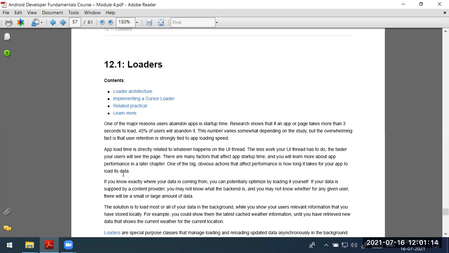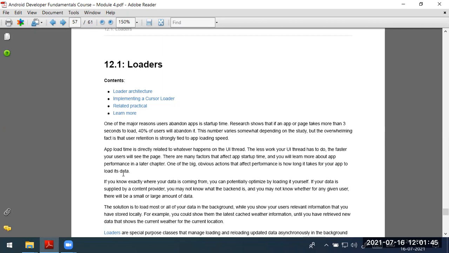That is why, in order to reduce the app loading time, you should know there are two types of threads: the user interface thread and worker threads. The user interface thread is responsible for everything related to the user interface, what you see on the screen when the application gets loaded.